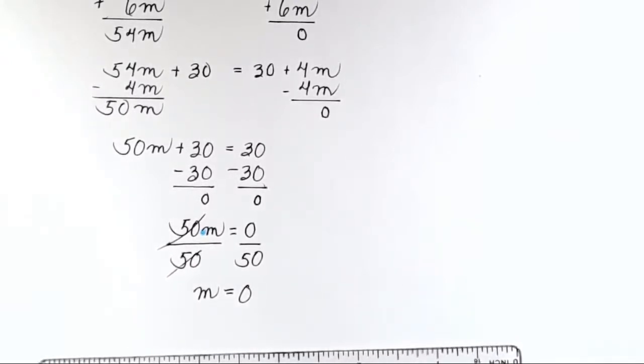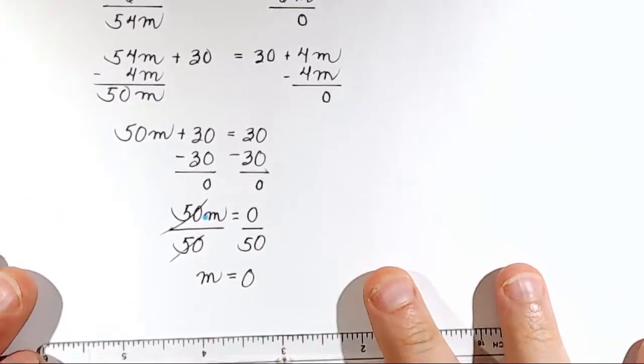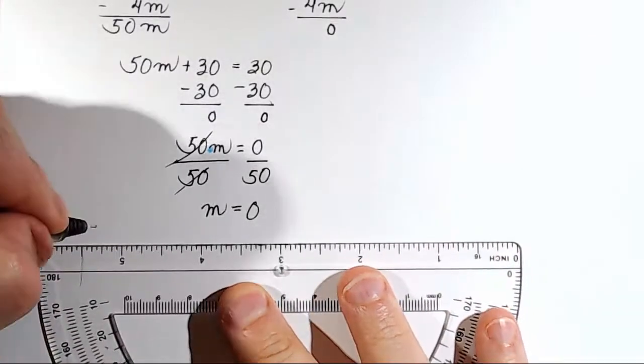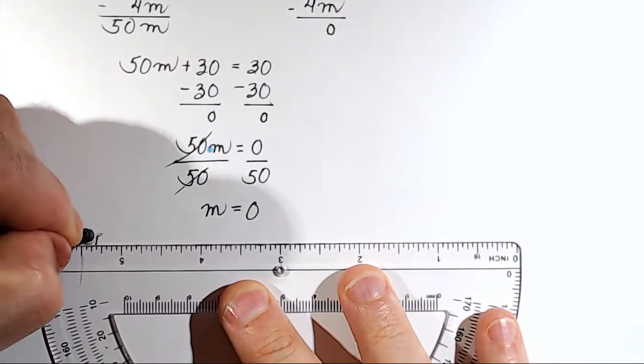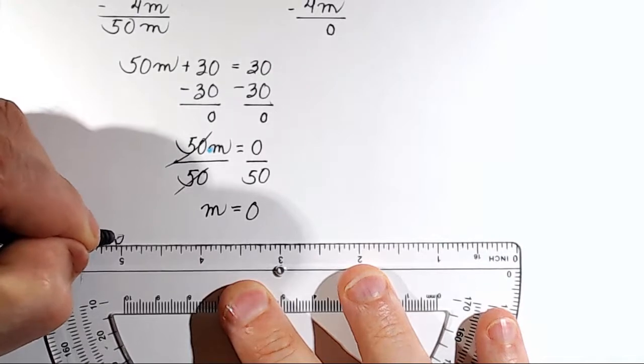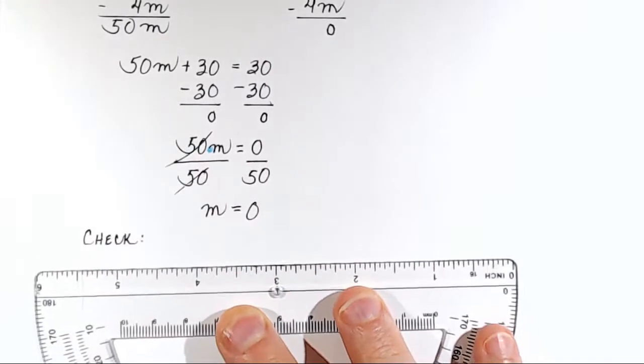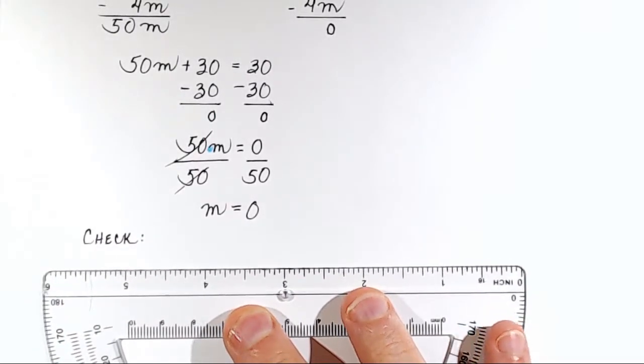Now, we're going to check this answer because it should always give you a red alert when you see m equals 0. It could very well be, and it might be, and it probably is, but we're going to check it to make sure. So we're actually going to rewrite our original problem now in our check. Okay, check. Our original problem